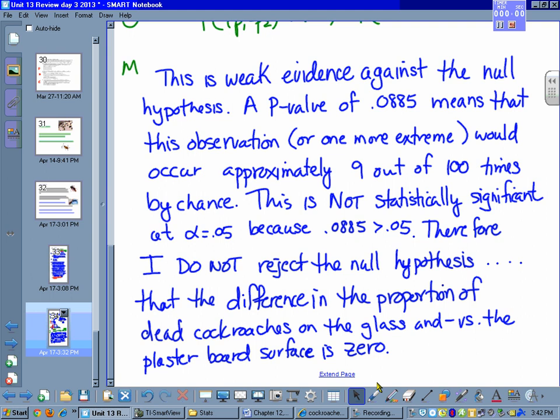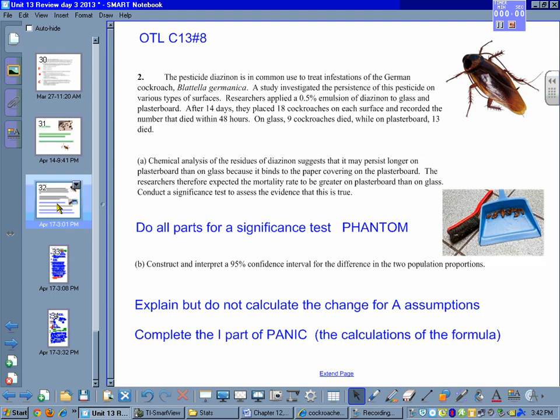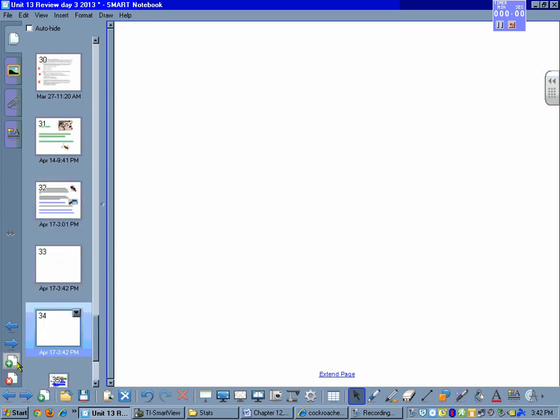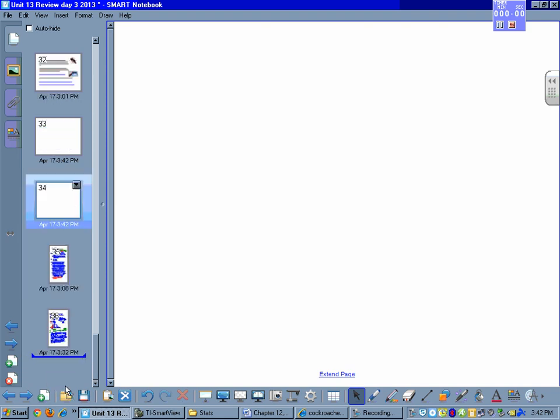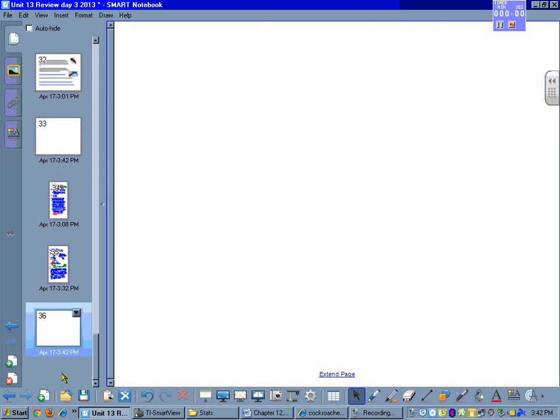Then the last thing I asked you to do in part B of this question is to explain, but don't calculate, how we're going to change our checking of the assumptions, and then complete the I part, the interval part. So I'm going to do that and hope that I don't run out of time here and get too big of a video. Okay, so for a confidence interval,